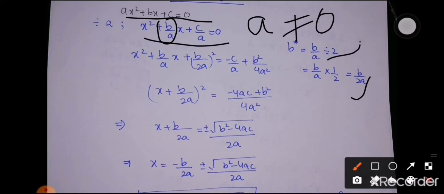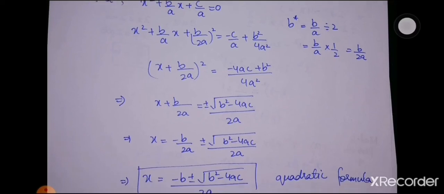So we will add square of this b on both sides. So we will get b over 2a whole square, and on the left this is going to be x plus b over 2a whole square. By taking the LCM, we will get minus 4ac plus b square over 4a square. You can see that the LCM is 4a square, and here we will have minus 4ac because minus c as it is, this a and a will be cancelled out, and 4a must be multiplied with c, so minus 4ac plus b square.